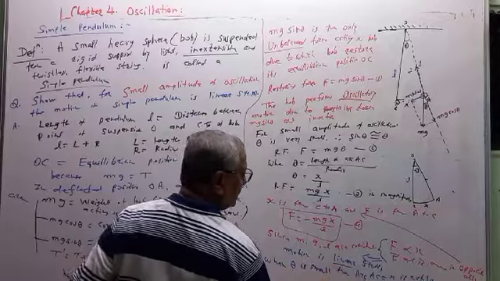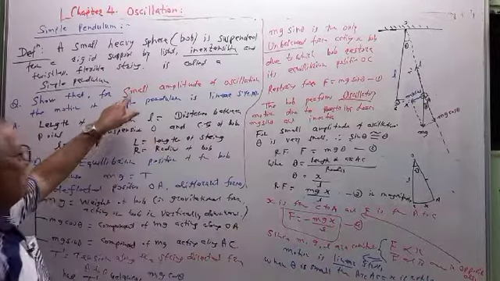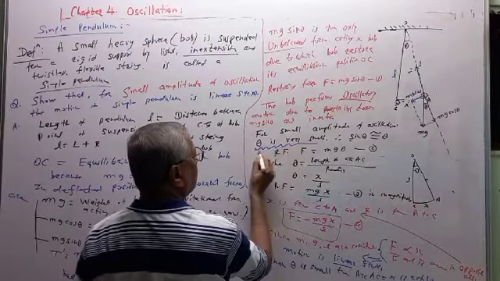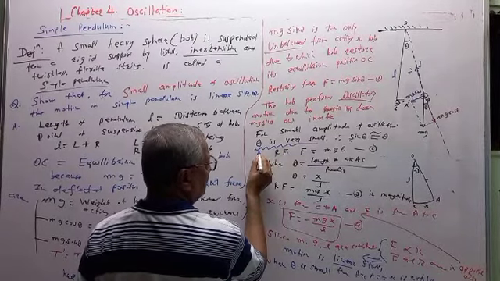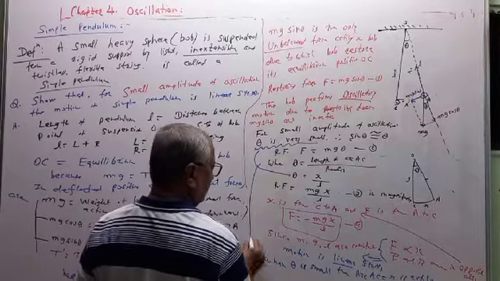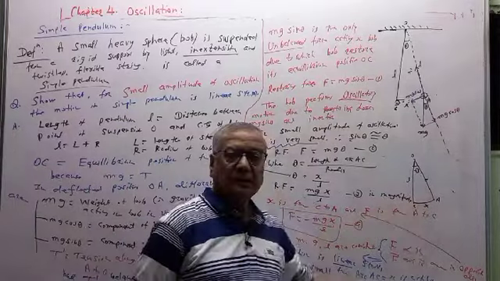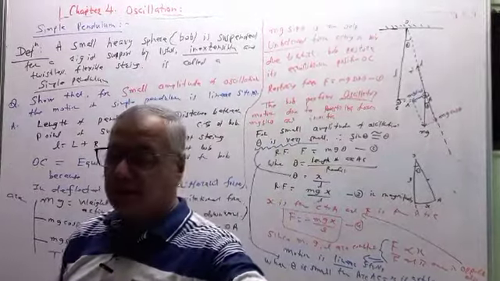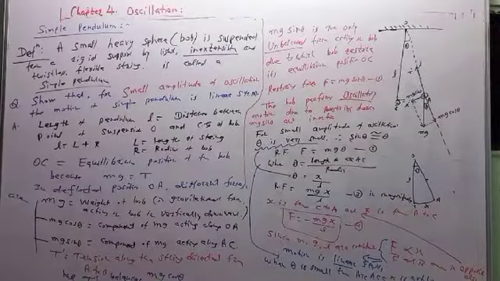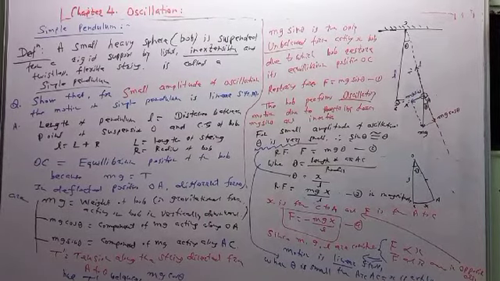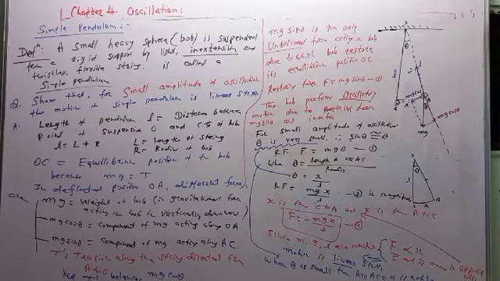So why is it called a linear SHM? This is the reason. When the amplitude of oscillation is small, then we are using these two properties: theta is equal to x by L, and this is linear SHM. Why linear SHM? Because when theta is small, the length of the arc is considered as a straight line. So motion is linear SHM. The question asked above was this one: show that for small amplitude of oscillation, the motion of the simple pendulum is linear SHM. So we can prove it by this method.